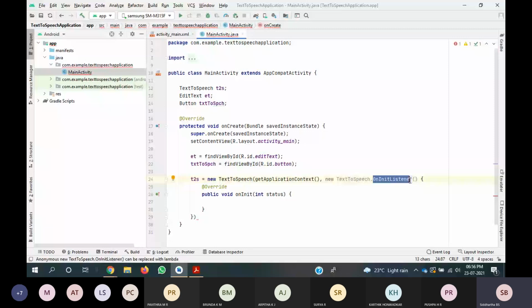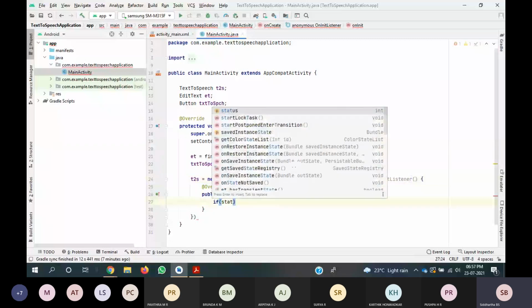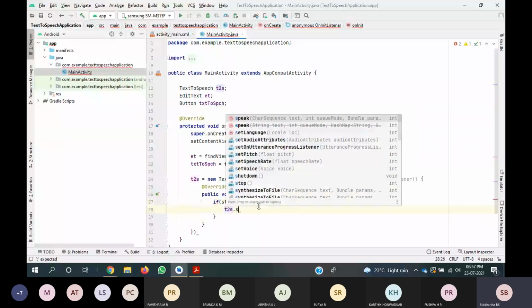So here we need to override a method onInit. Okay, onInit. So first check what the status is. If status is not equal to whatever the text to speech success is there, that should not get any error. That error we are going to check. So textToSpeech dot setLanguage,